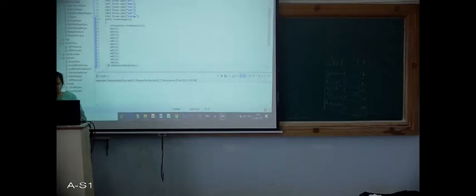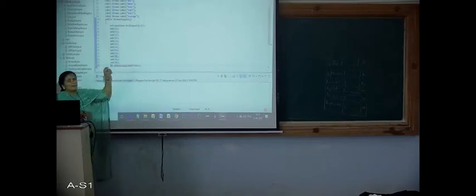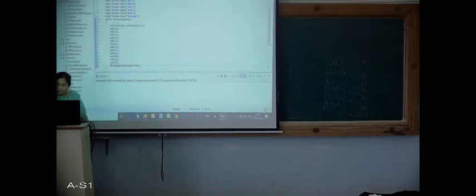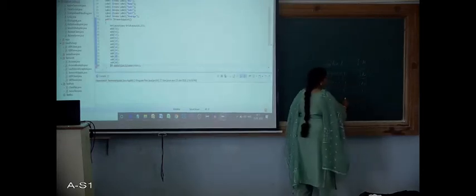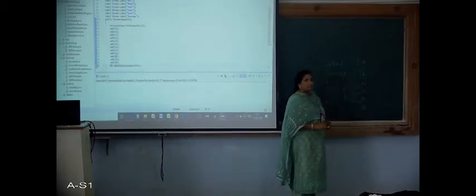It says t5 dot add action listener. What is this? Which is my t5 here? So on the board, if you observe, t5 is this particular text field, isn't it?